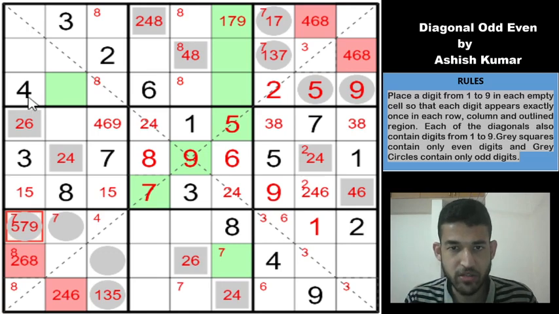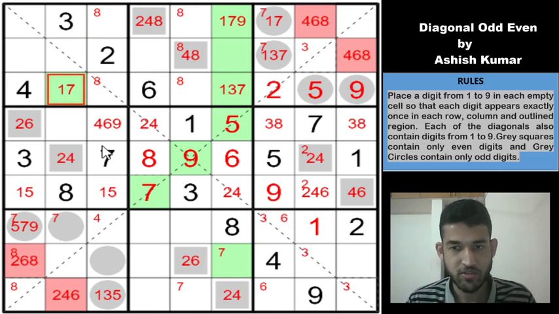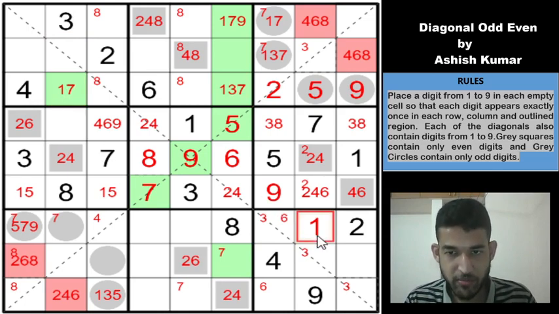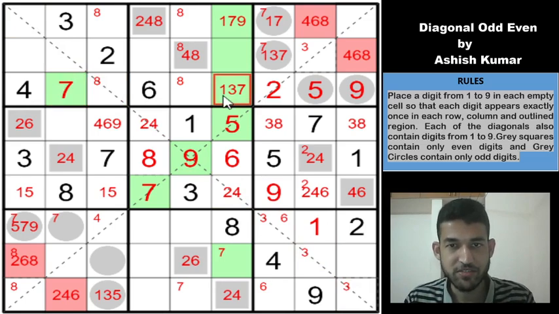Okay, let us look at row 3, 4, 6, 2, 5, 9. Of course, these two cells are green and must be odd, so they must be 1, 3, 7, right? And this can't be 3, so this is 1 and 7. So now that we have placed the 1 here, 1 cannot go into these cells, 1 cannot go into these cells, so 1 must go into one of these 3 cells, which means this cannot be a 1.